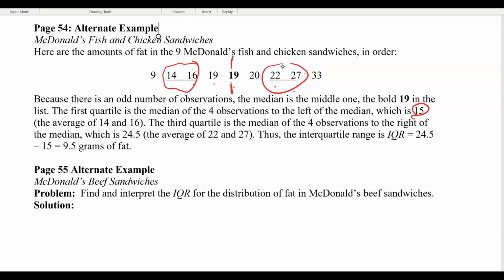So our question here is to find and interpret the IQR. Well, the IQR is 24.5 minus 15. It's already been found for us, right? The IQR equals 9.5 grams of fat. Now, that's not an interpretation. For an interpretation, what would that look like? Let's think about our interpretation. This means 50%, or the middle 50%,